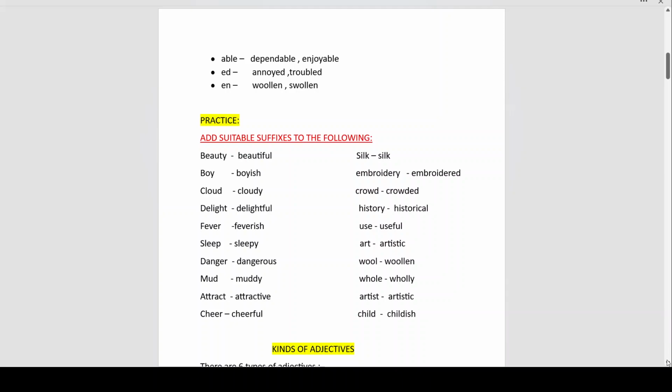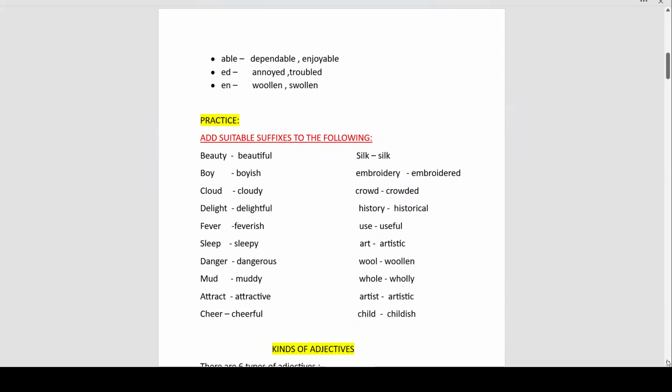Now, for practice, I have given you a small exercise. Add suitable suffixes to form adjectives. So, beauty, beautiful. Now, children, this exercise is based on the previous suffixes which I have taught you, so you do it on the basis of that. So, beauty becomes beautiful, boy, boyish, cloud, cloudy, delight, delightful, fever, feverish, sleep, sleepy, danger, dangerous, mud, muddy, attract, attractive,